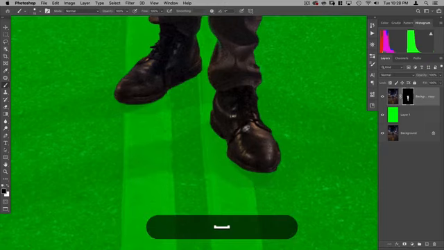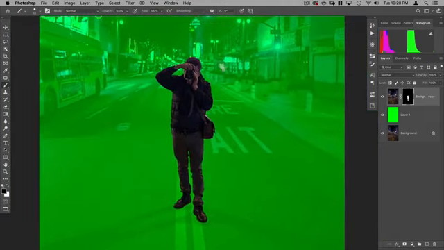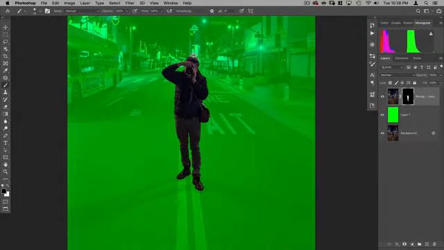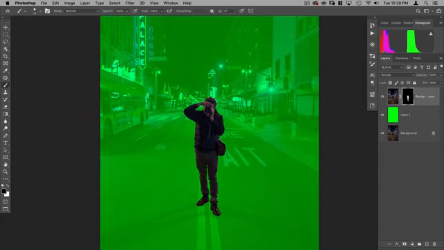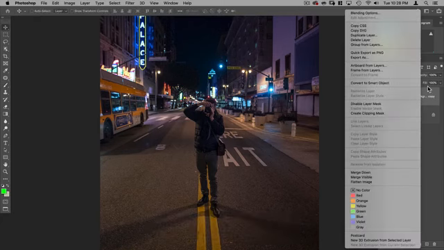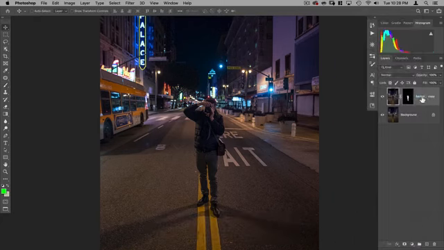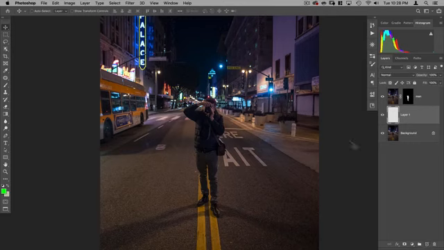All right, that looks pretty good. Certainly going to be good enough for our purposes. I'm adding atmosphere, not compositing, so this will do just fine. I can now throw away this extra layer, and we'll call this layer here man. All right. Okay, so now we're going to start painting in some atmosphere.